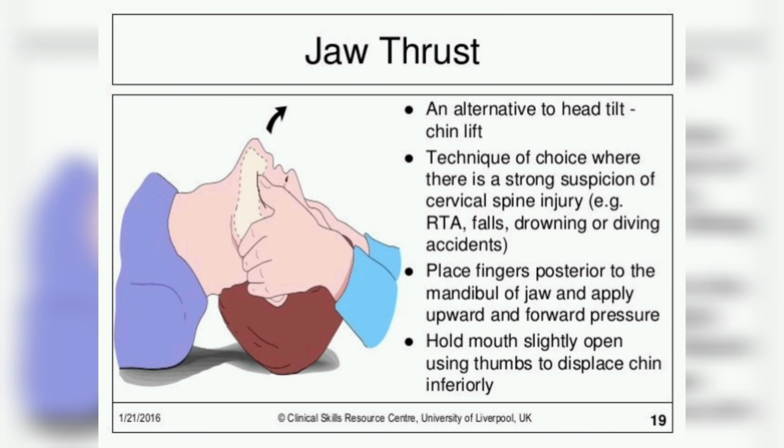As an alternative to the head tilt chin lift maneuver, there is another maneuver called the jaw thrust maneuver for patients with suspected cervical spine injury. The patient is made to lie supine, and using two hands, the fingers lie on the temporomandibular joint to move the jaw anteriorly, pulling the base of the tongue and soft tissues away from the airway, and use the thumbs of both hands to open the mouth slightly.